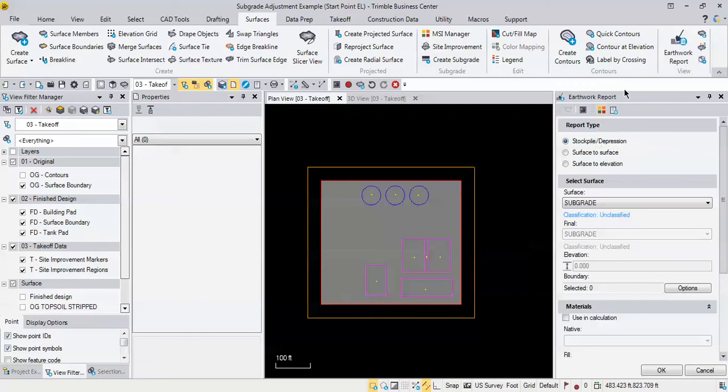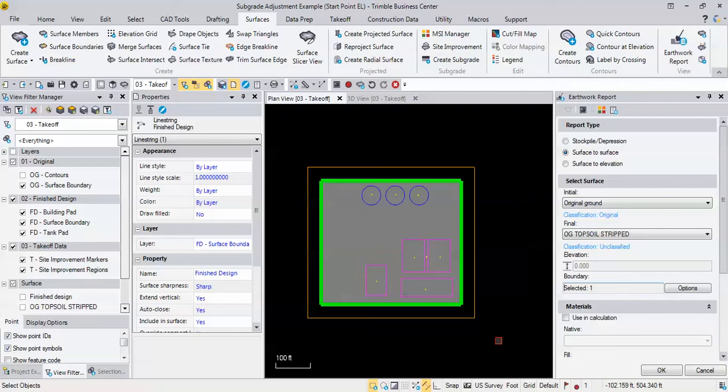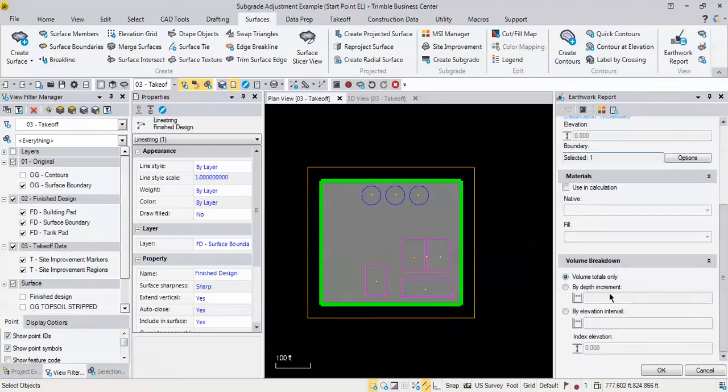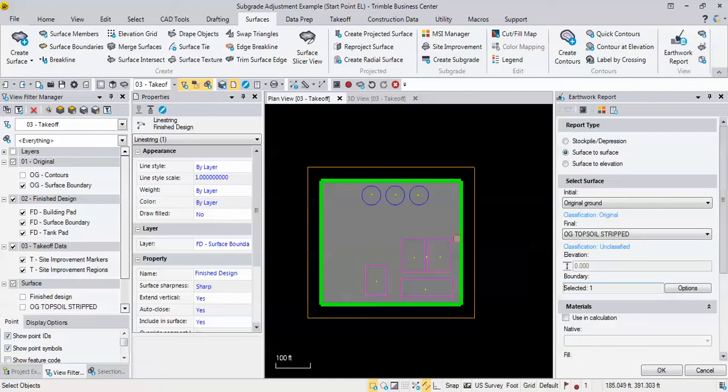So if I come into the earthwork report, and this is on the surface tab as well, I want to do a surface to surface comparison. My initial surface is going to be original ground. My final surface is going to be OG with topsoil stripped. And if I want to choose that boundary as my stripping boundary, I put my cursor in here and choose that boundary, and I can leave everything else the same. I don't necessarily need to use materials in here, so I just want to use a volume computation. So just hit OK,